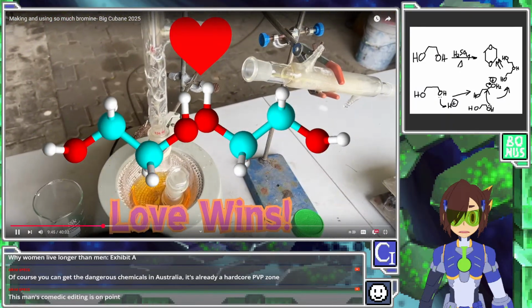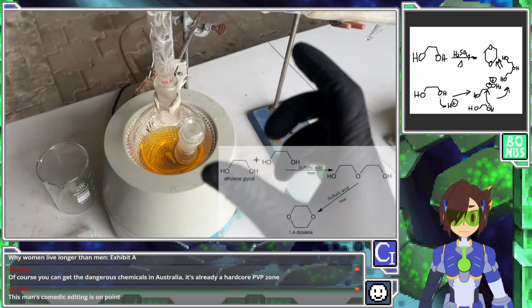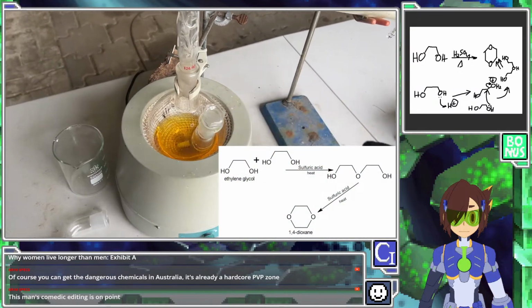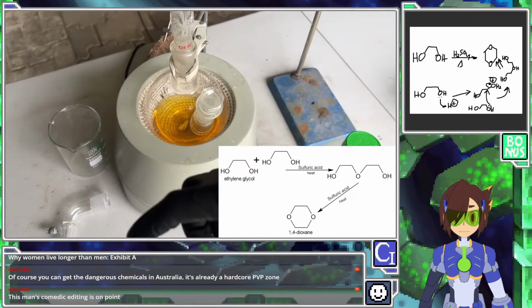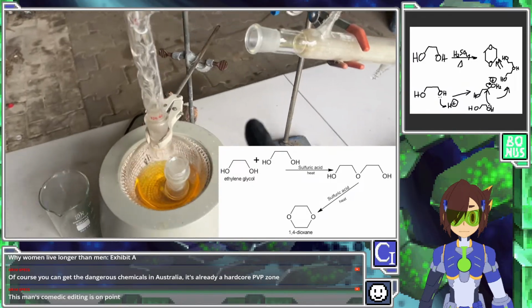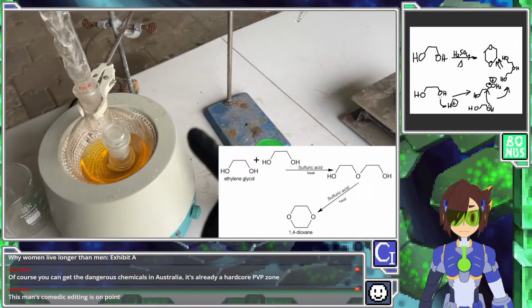Two of them to kiss, and it releases some water. Right, this is weirdly getting erotic already. And once we've connected two together, we've got to do that again. Chemistry's so erotic. Because these ethylene glycols are already attached, it's easy for it to close in on itself. So actually, the really smart way, and a few people suggested this, the really smart way of running this reaction